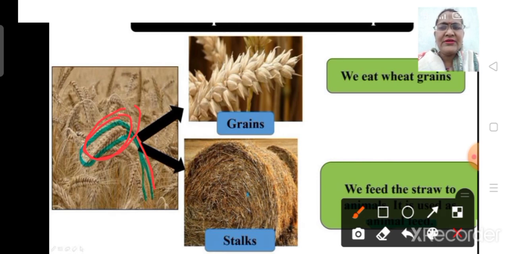After harvesting of this wheat plant, what do we do? We separate these grains from stalks. And why are we doing this? Because we want these grains. By grinding them, we get our wheat flour, and this stalk is used as animal feed. So this is also an example of separation where we separate grains from the stalks of wheat. Now next example is